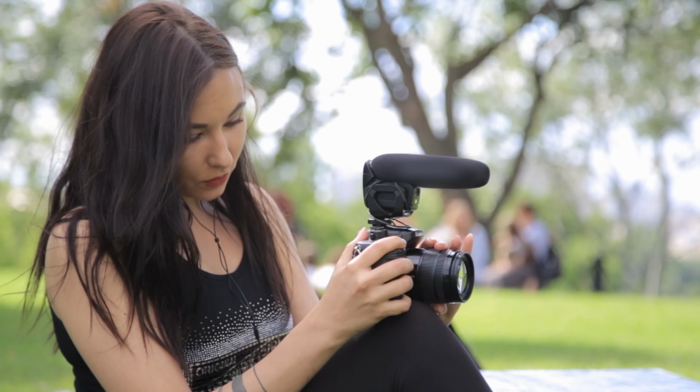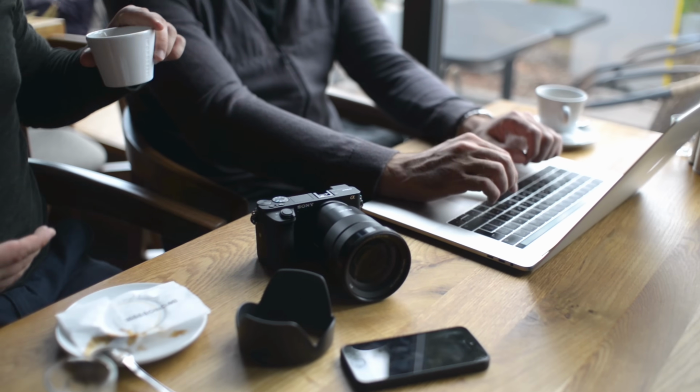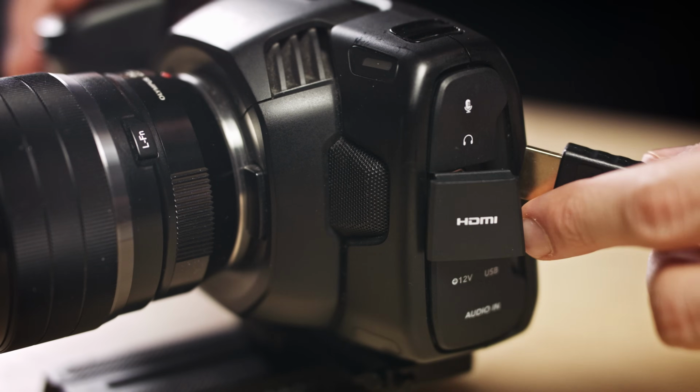As a filmmaker, you might already own a DSLR or a video camera, so let's see how you can stand out from the crowd by introducing a very simple piece of equipment. The idea is to replace your computer's average webcam by your DSLR. Most DSLR and video cameras today have an HDMI video output,